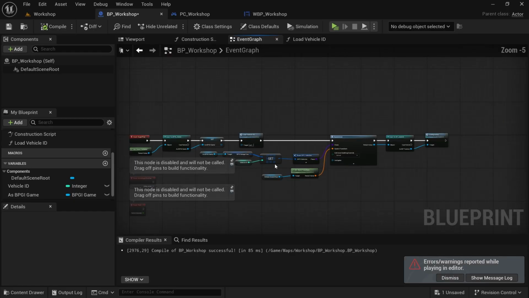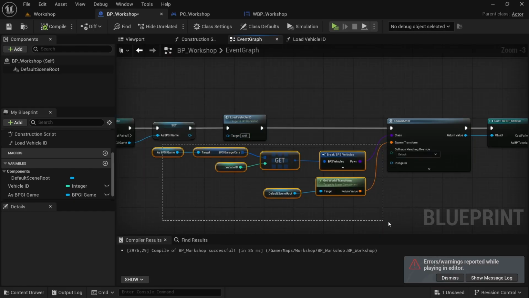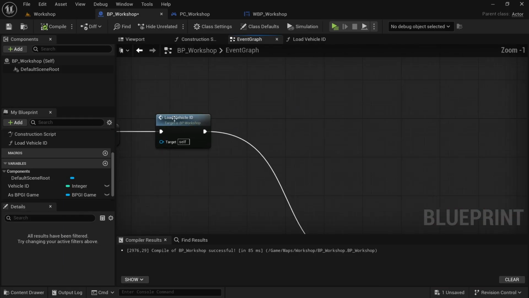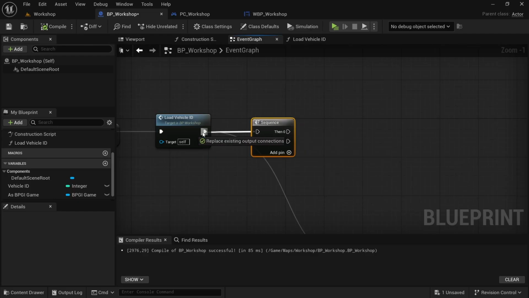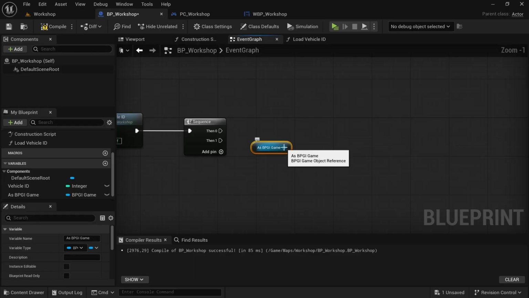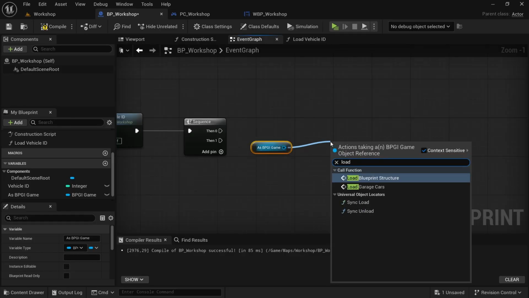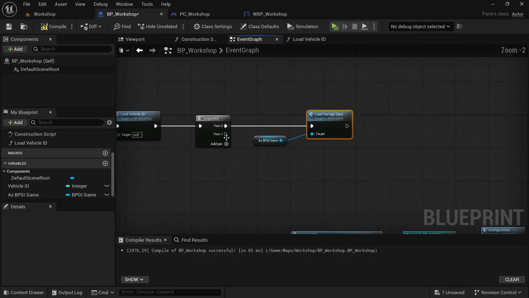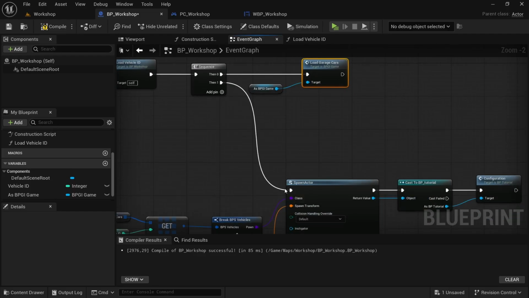it is from after the load vehicle ID, we're just gonna drag everything here, and then we're just gonna move this down out the way, and then after the load vehicle ID, we're going to hold S, left click, create a sequence, and then connect that, and then from the then zero, what we're going to do is we're going to take the as BPGI game, drag this in, and then from here drag off and then look for load garage cars, and then connect it to the then zero, and then from the then one we then connect this to the spawn actor. For some reason it seems to not work, I don't know why, but this